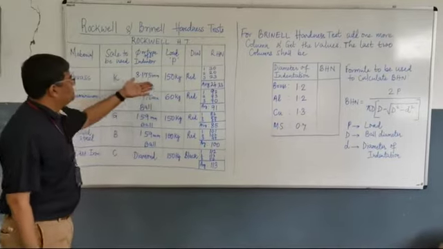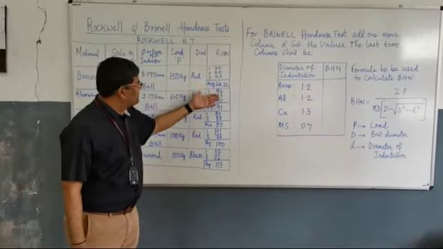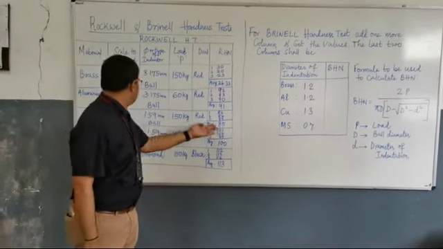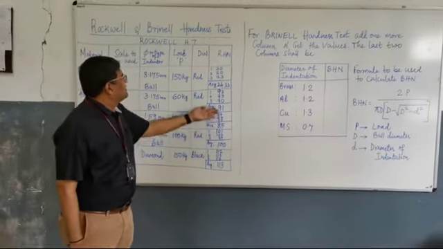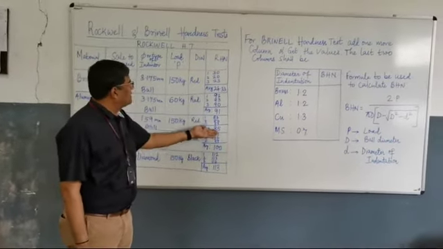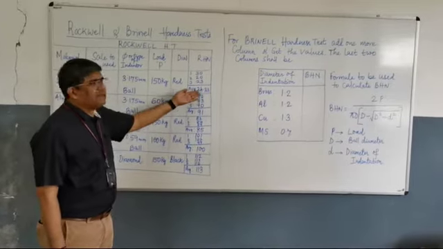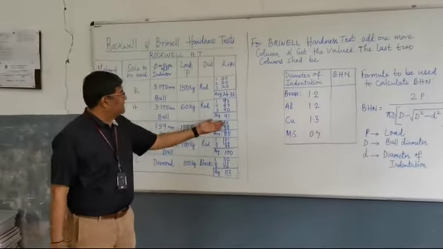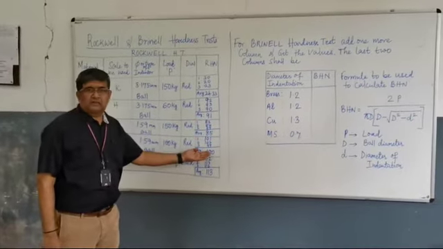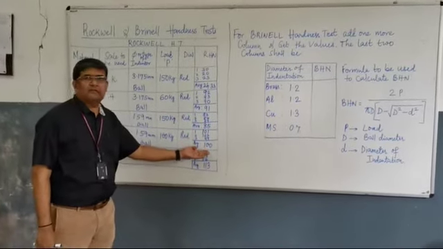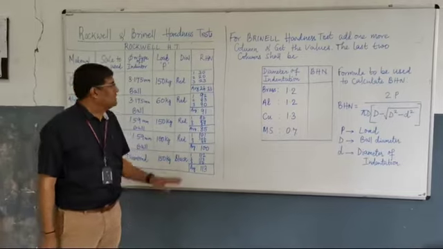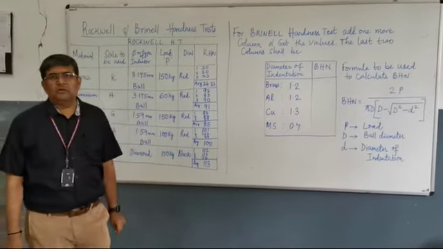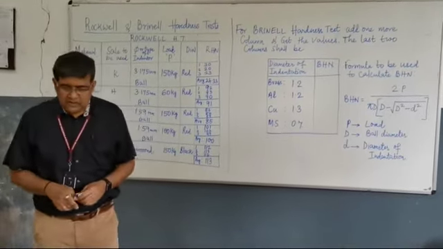So we have different values like 24.33, then 91, then 85, which is copper. Since brass is an alloy of copper, it has a lesser value, and copper has 85, aluminium has 91. Mild steel obviously is slightly harder, hence it has a value of 100, and cast iron 113. This is the calculation which you are going to write in your journal also.